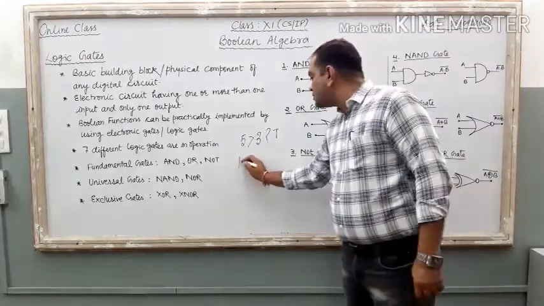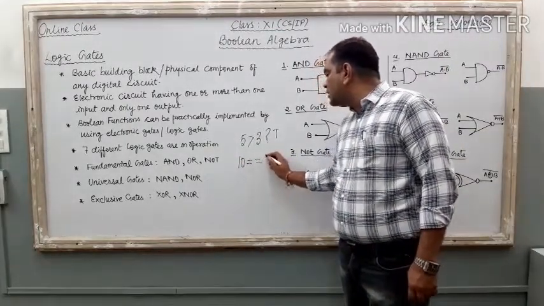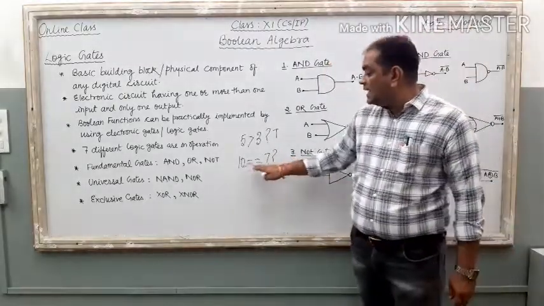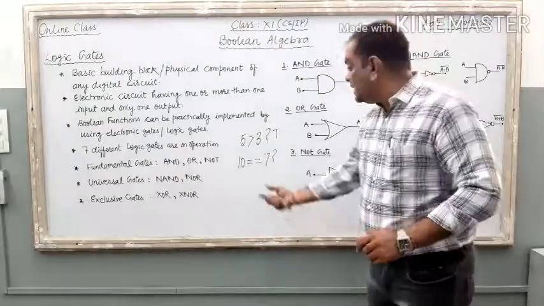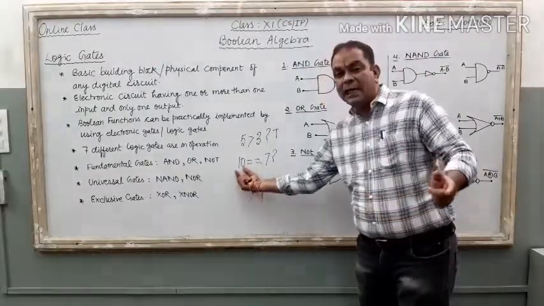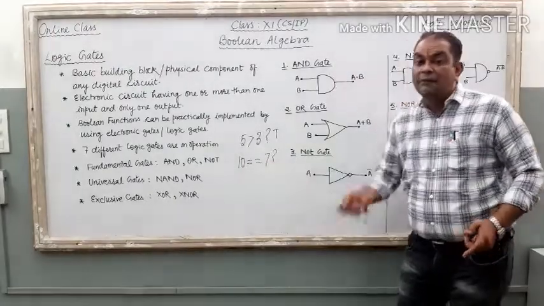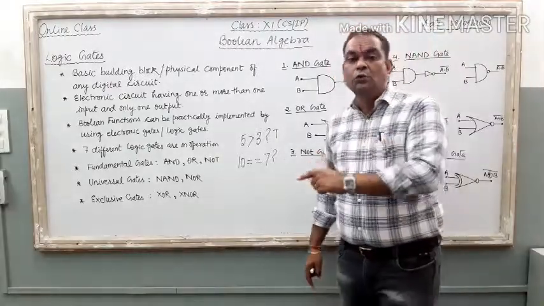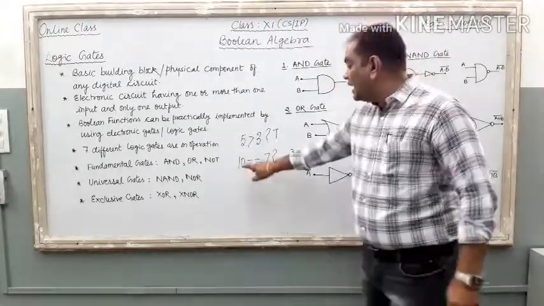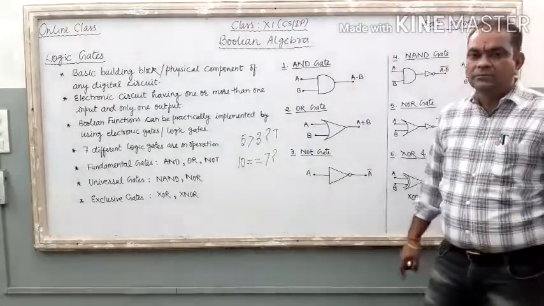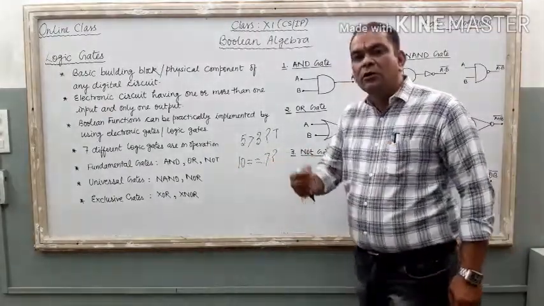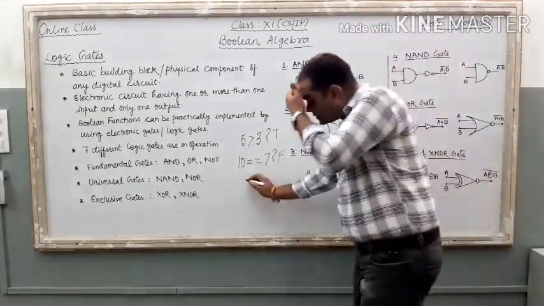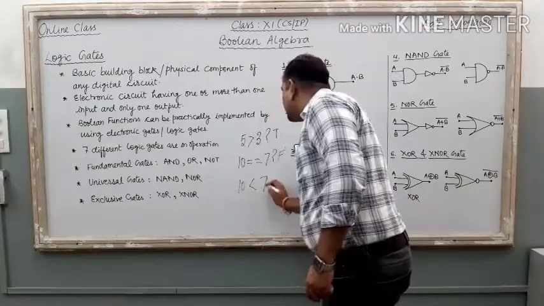Right? If my second question is 10 equal to 7, here equal to is written twice, not the assignment operator, it means it is an equality checker. Equality checker means if the digit at the left hand side and the digit at the right hand side are equal, then only the result is true. Here, is it equal or unequal? 10 and 7, both the digits are unequal, so here the result is false. Right? Just take one more example. 10 less than 7. What is the result?